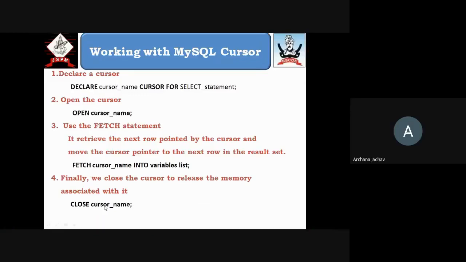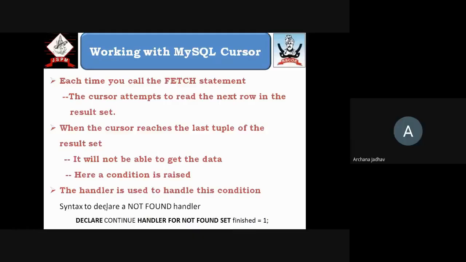Each time you call the fetch statement, the cursor attempts to read the next row in the result set. When the cursor reaches the last tuple of the result set, it will not be able to get the data because all the tuples have been completed.